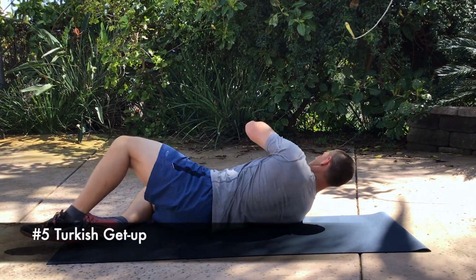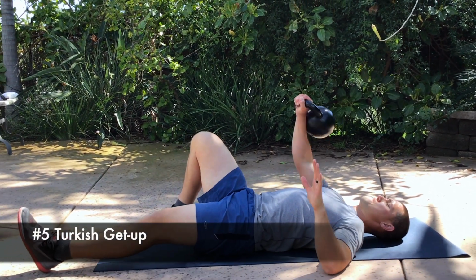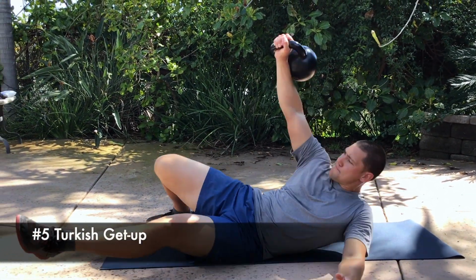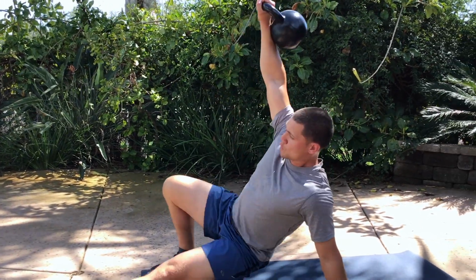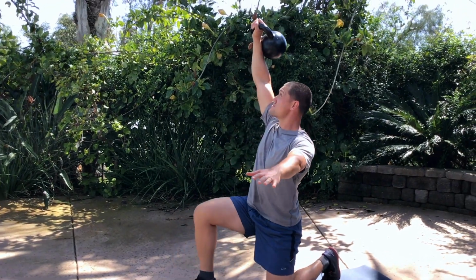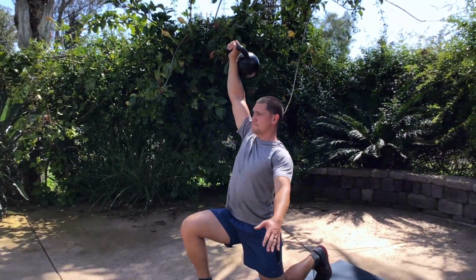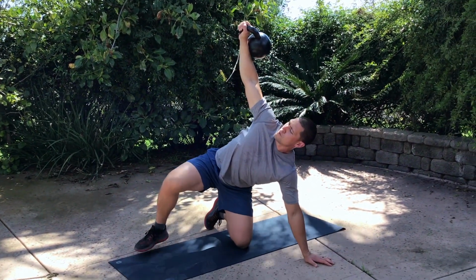At number 5 is the Turkish Get-up. This is a fairly complex whole body movement and takes some practice to get used to. Definitely take your time with this exercise. Practice without a weight first to get the movement down, then progressively add heavier weight. It takes about 30 seconds to complete one full rep and can be used to great effect as a whole